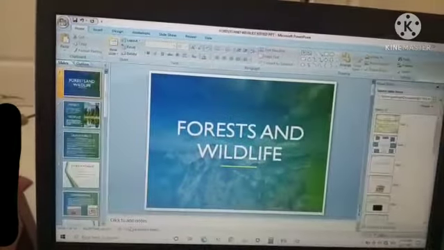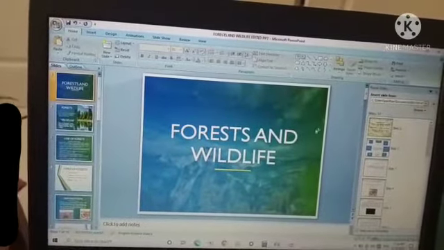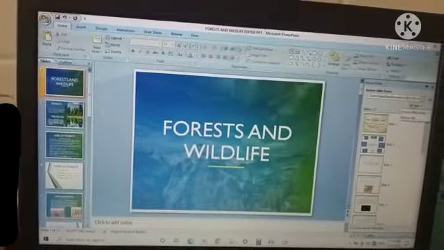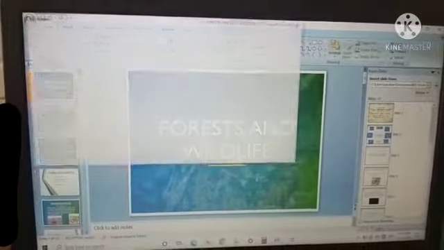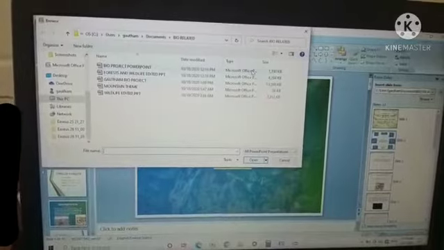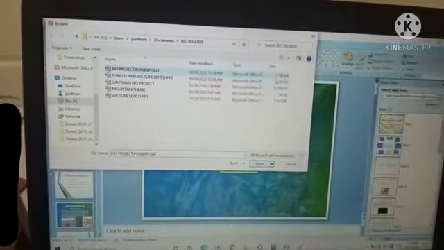We'll click on that. Then you'll get a pop-up menu on the right side. We'll click on browse. And below that you'll get two options. We'll click on browse file. Your file explorer will get opened now, and then the PowerPoint which you want, you can choose it and click on open,